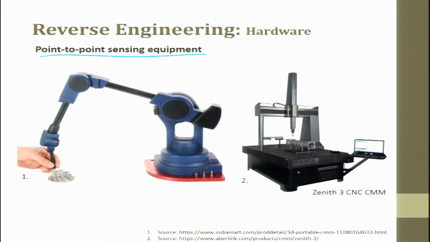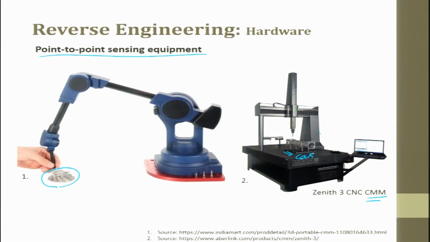This is a CMM, a coordinate measuring machine, which I was talking to you about. It is a structure of gantry type. You can also have column type, or cantilever type. Depending upon your requirements, you can decide. It can do components like this. It can also be a car, a complete car can be placed under the CMM, and you can start getting the data points.